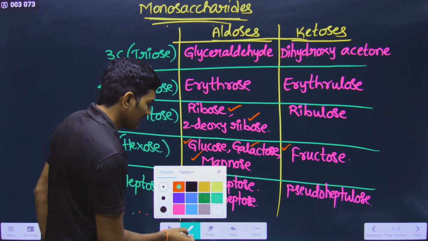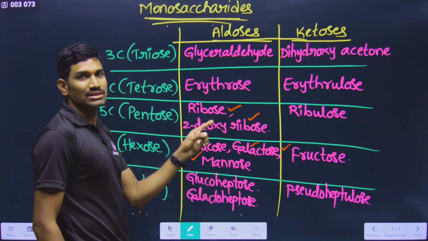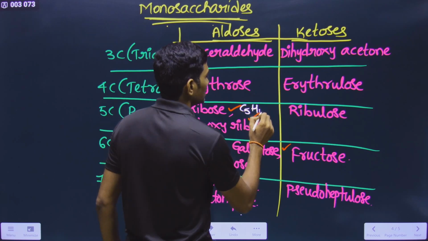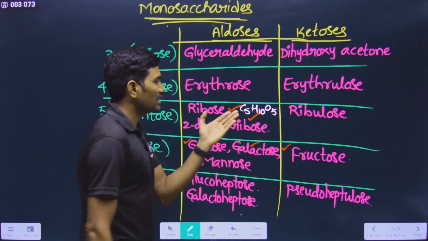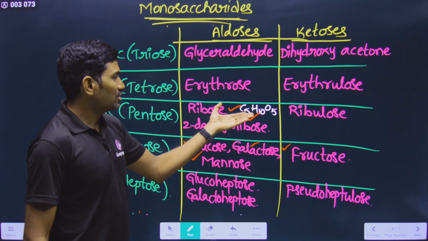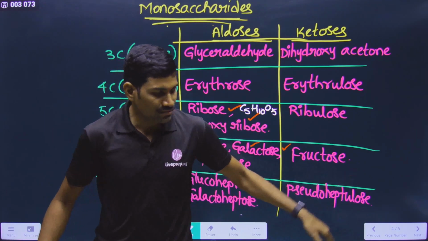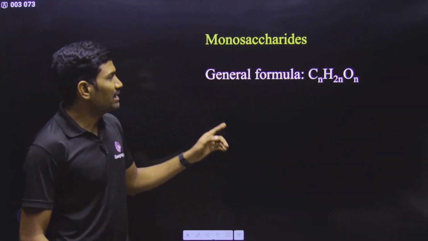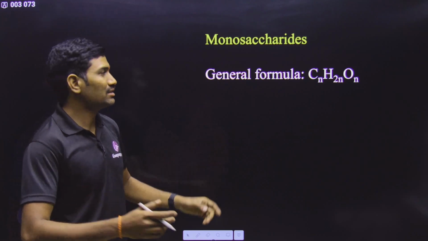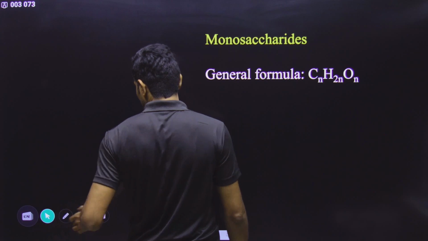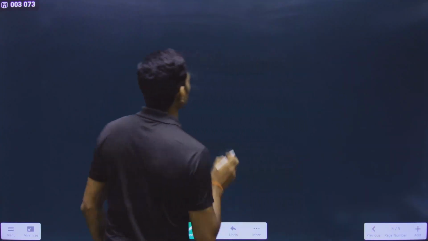If you clearly recollect, when we studied about ribose structure, I told you that it is following. It is C5H10O5. It is in the formula of CnH2nOn. Yes or no? It is following the same thing. Next one. And here in the beginning itself I told you, they are the hydrates of carbon. This particular formula you can write like this, or else you can even write like this.